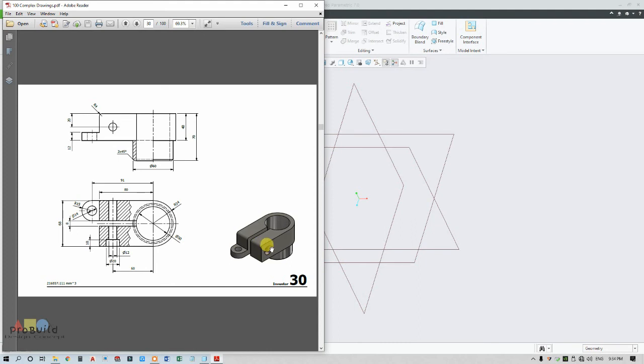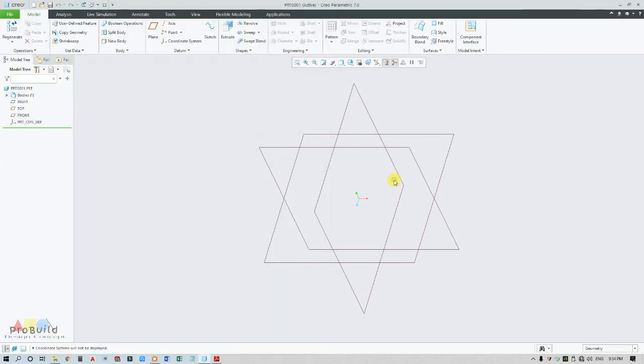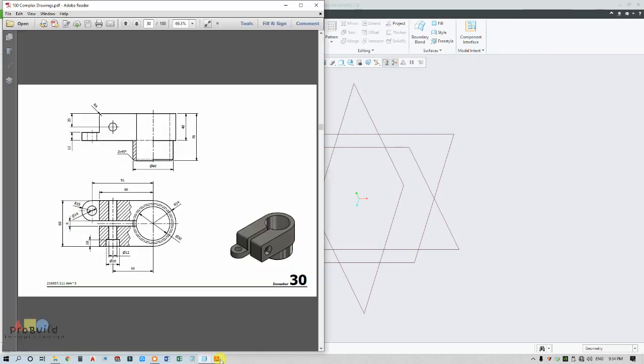Today we'll be discussing this 3D model in PTC Creo Parametric 7.0. Before going in, we shall go for a 2D diagram study. Here I'm going to start with this part, I mean this section alone.